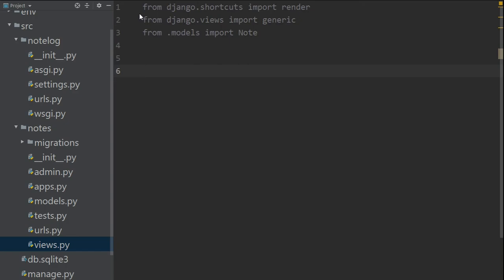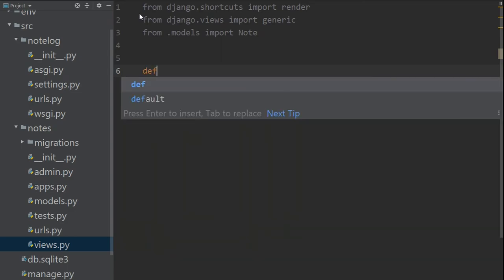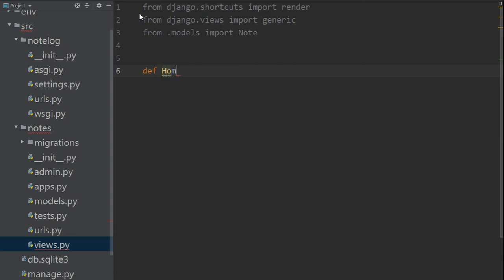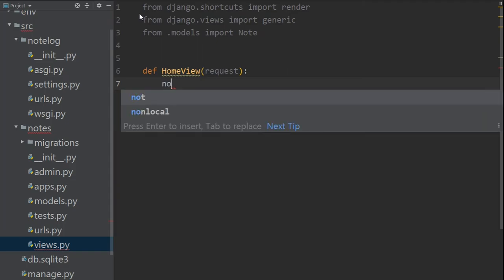And with function-based views, we use them when we want to provide custom logic for a view. So for our homepage, we'll be using a function-based view, so that I'll have the opportunity to talk about the query APIs that come with Django models. So let's go ahead and create a home view. We'll create a function with the name home_view, which will take in a request. And we want to display the list of all the notes that have been created. The notes we just created in the admin site, we want to display them on our home page. So we want a notes list,